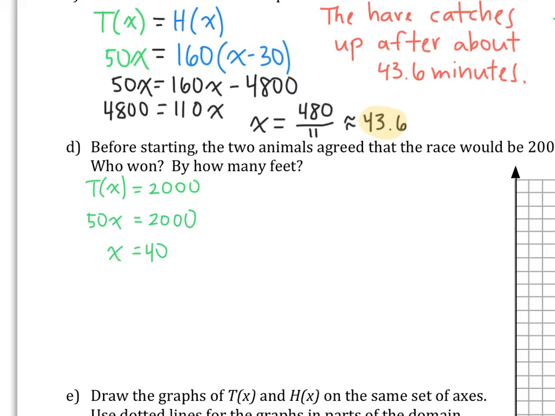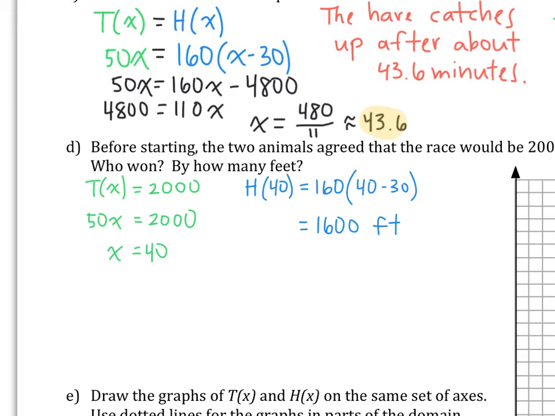Okay? But how many feet did he beat the hare by? So what we can do is we can now find h of 40 to figure out where the hare is at this point. How far behind is he? So if we find h of 40, so that's 160 times 40 minus 30, we will get 1,600. Okay? So the hare is at 1,600 feet from the starting line after 40 minutes, which is when the tortoise